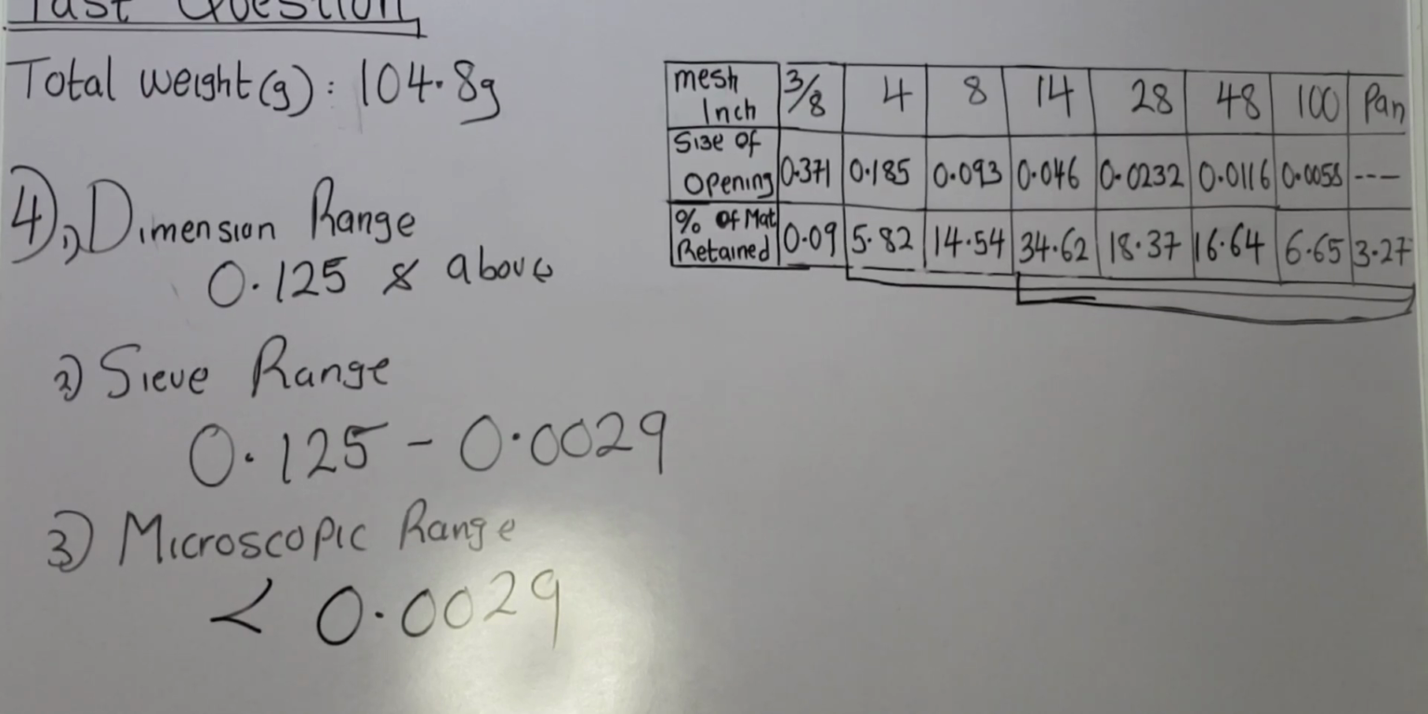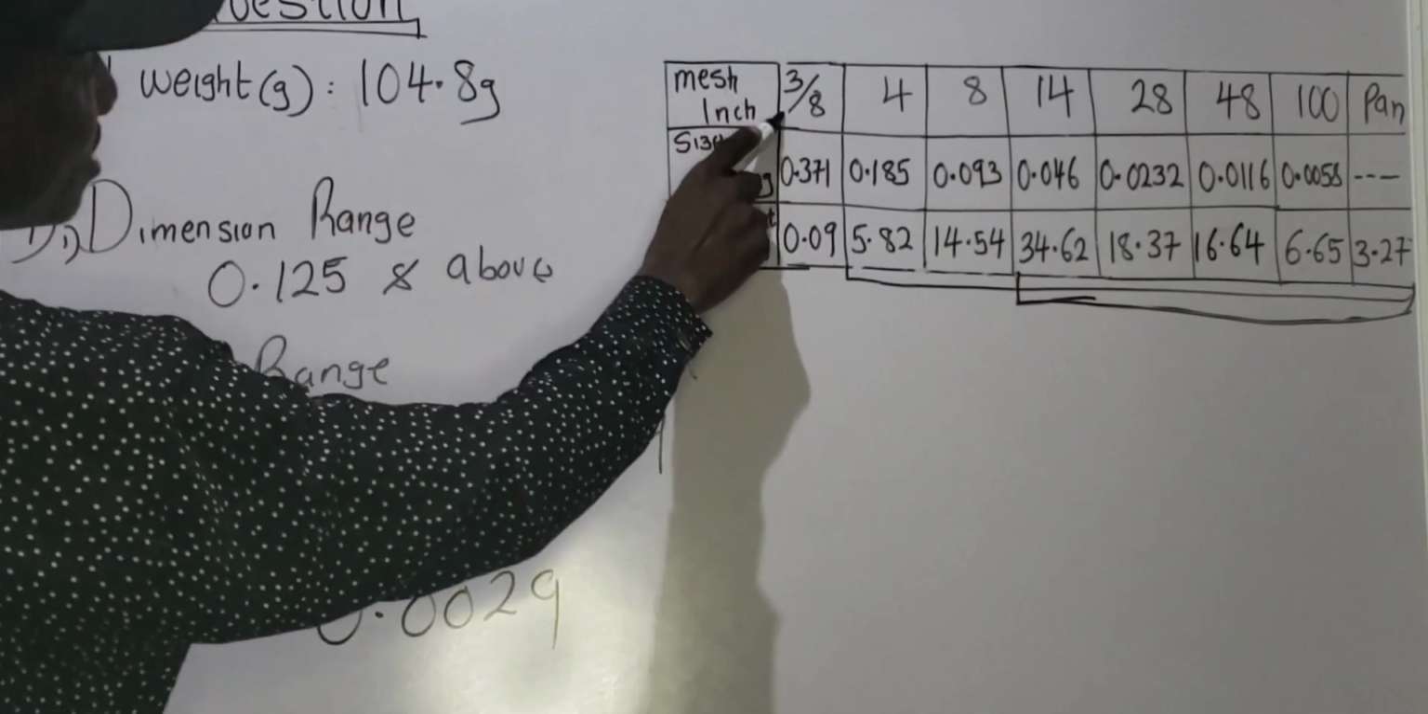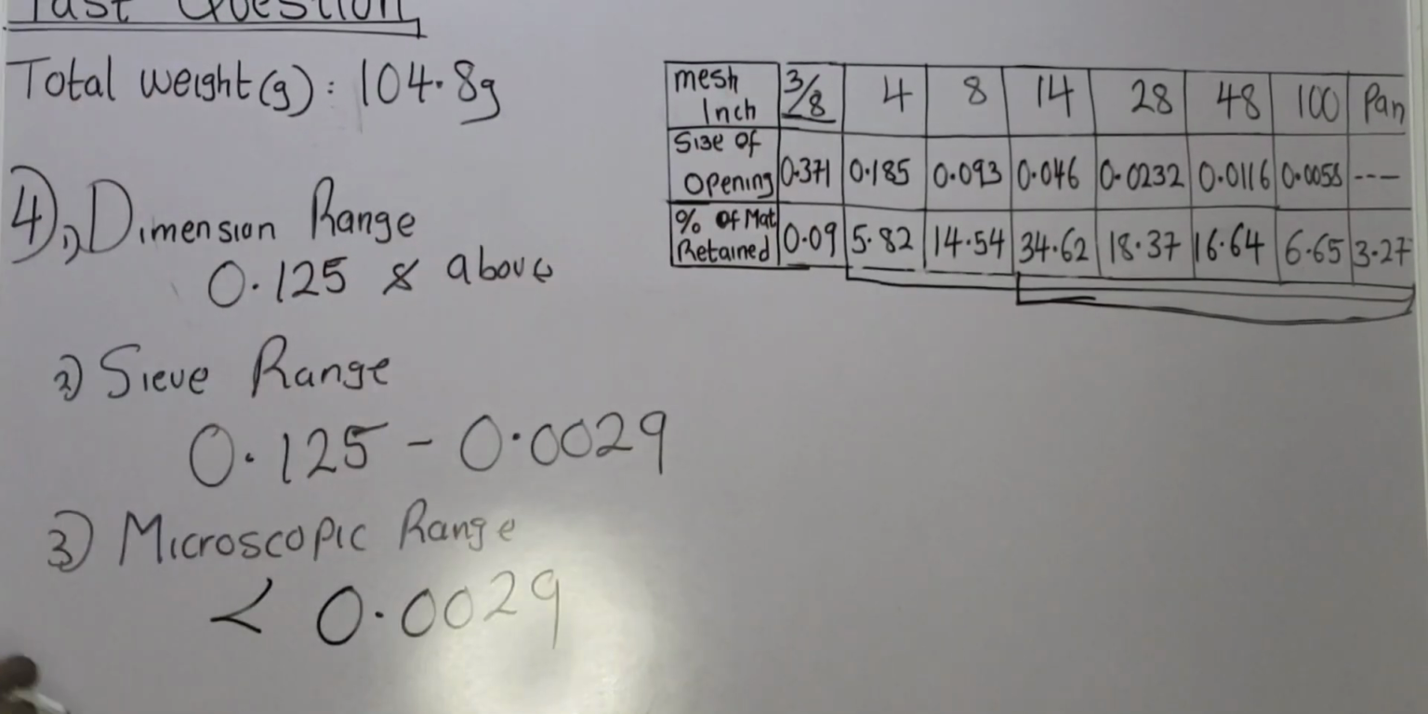Question number 4 says we should determine the class of materials in mesh 3/8. This is mesh 3/8. To answer the question,